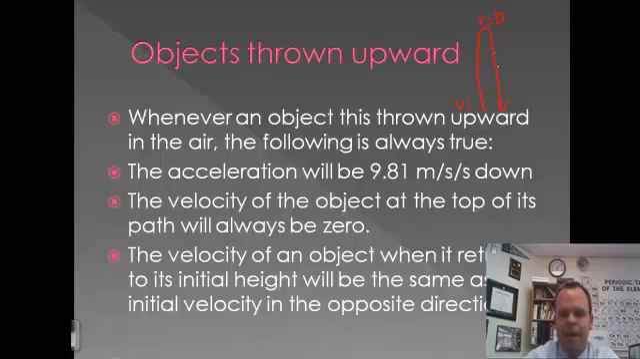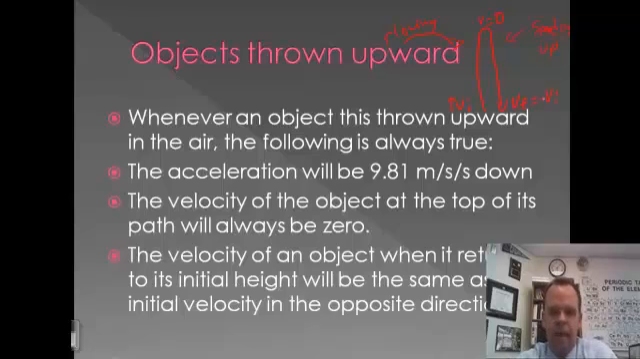Then it will gain speed coming back down, still accelerating at 9.81. It accelerates at 9.81 down the entire time. So when it's traveling up and accelerating down, it's going to be slowing down. So slowing down as it goes up, and then speeding up as it goes down. It will reach a final velocity that is the opposite of the initial velocity when it gets back to its